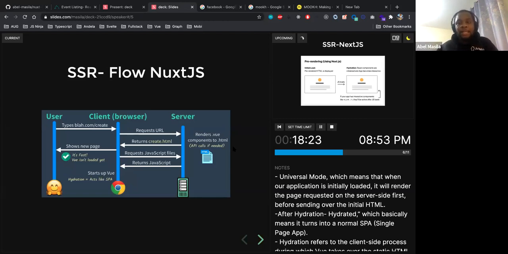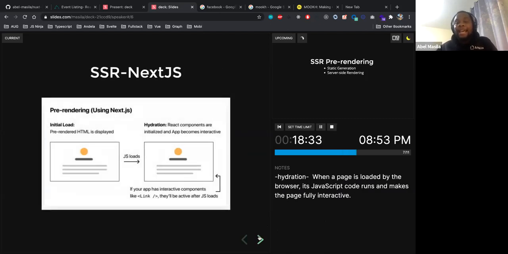With Next.js, you have the Next link, which I will show you. And the good thing about Next.js links is that they have smart prefetching, which I'll show you in a demo. So for Next.js, it's very simple. You just request, then your HTML is sent back, and then hydration occurs, and then your page feels like an SPA.